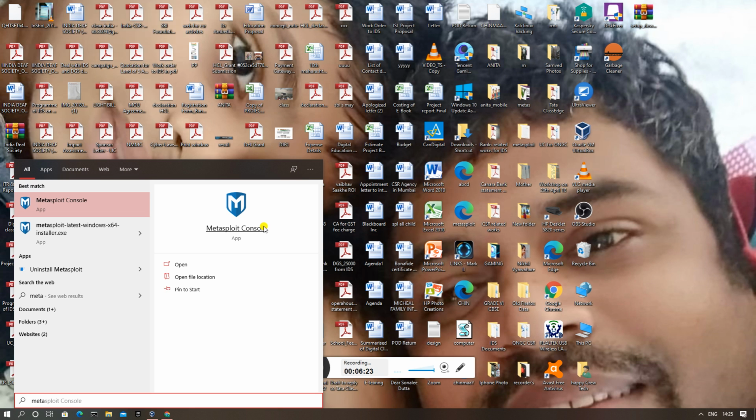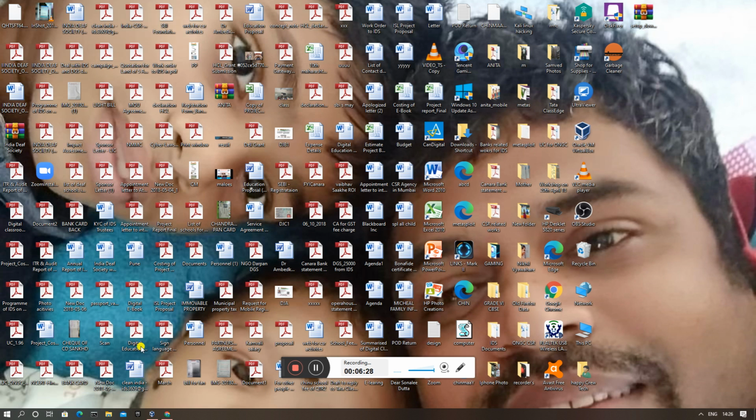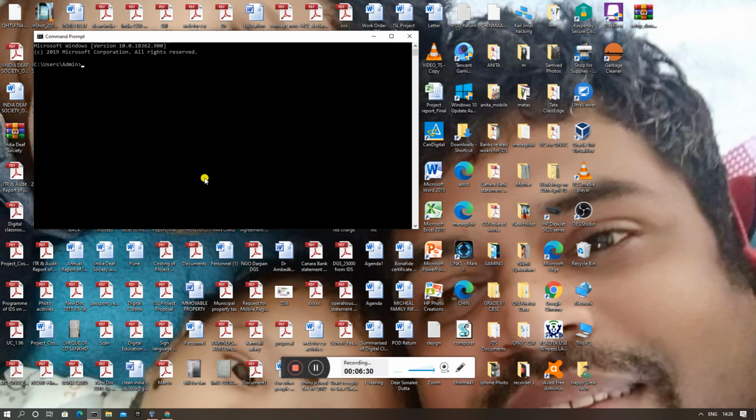It will start directly like this, but if you don't want to start it like this, you need to open CMD, and there you have to go to the C drive, and after you get in the C drive, you have to type cd metasploit, metasploit, and hit enter.